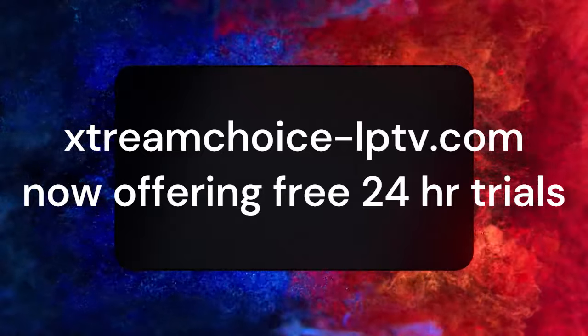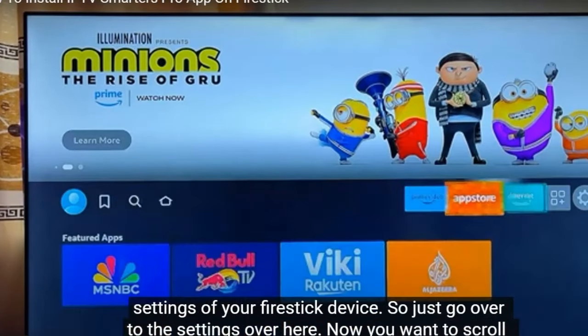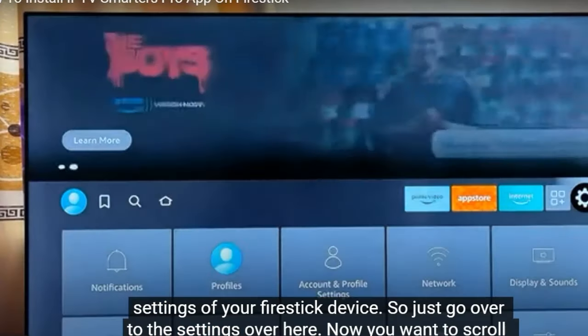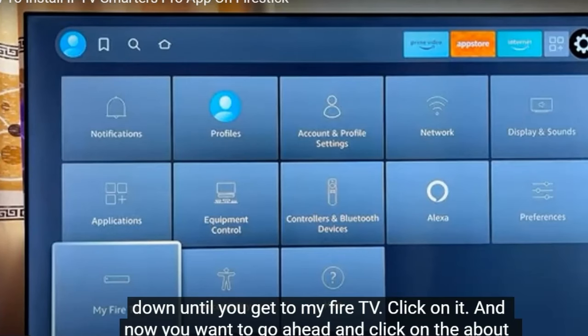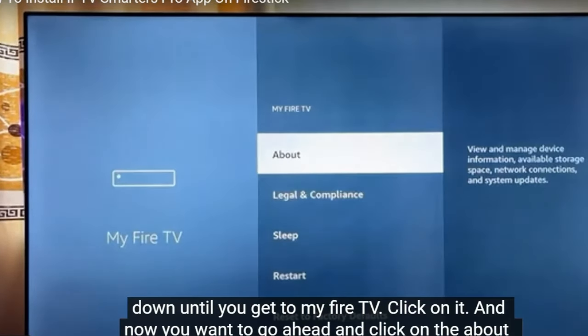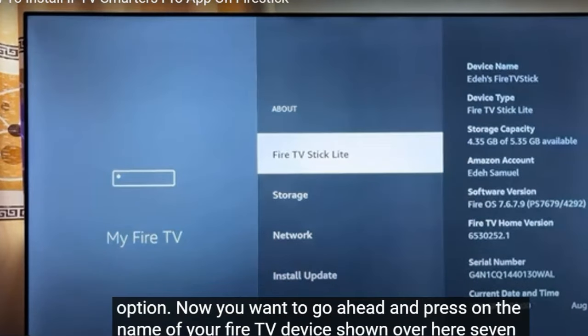So, over here is my Firestick. First things first, you want to head over to the settings of your Firestick device. So just go over to the settings over here. Now you want to scroll down until you get to My Fire TV, click on it. And now you want to go ahead and click on the About option. Now you want to press on the name of your Fire TV device shown over here 7